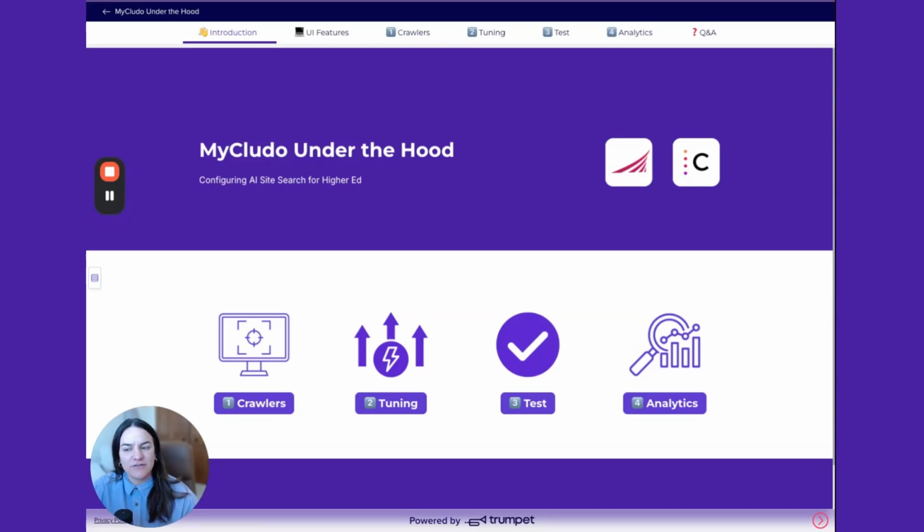So this session is going to focus on configuration decisions inside MyCludo, which is Cludo's site search backend, and how those decisions directly shape search quality, AI reliability, and long-term maintainability. If you manage Cascade CMS or multiple higher ed systems, this will be a practical session and directly applicable for